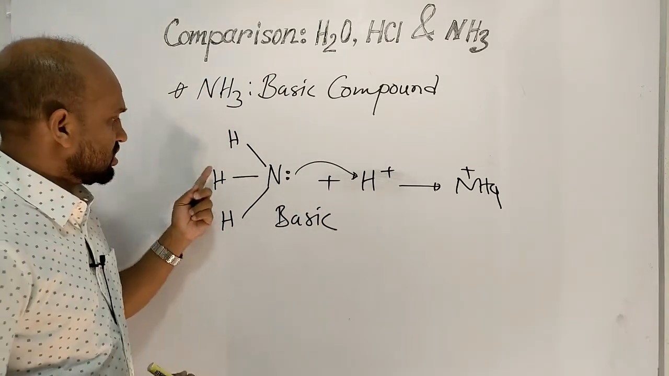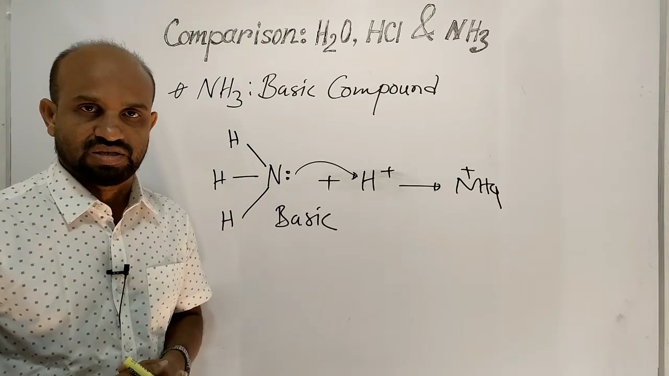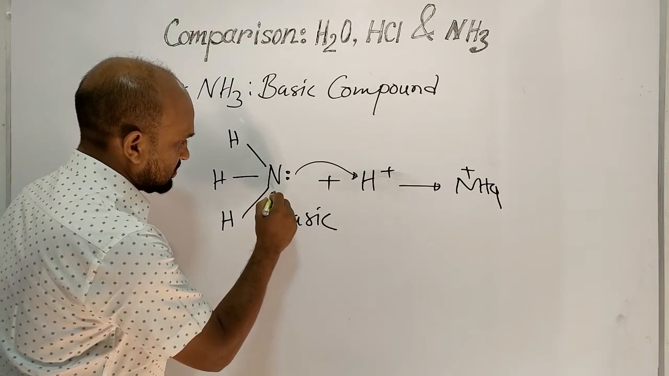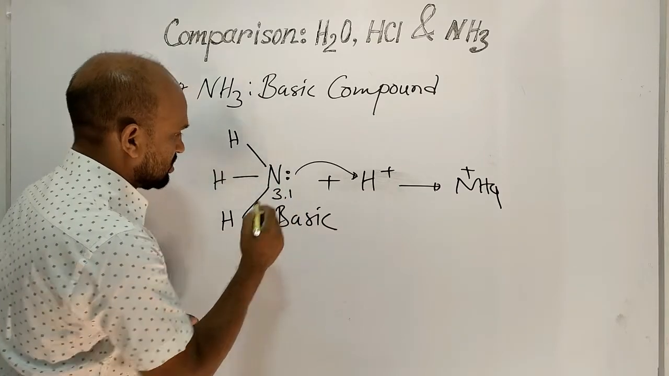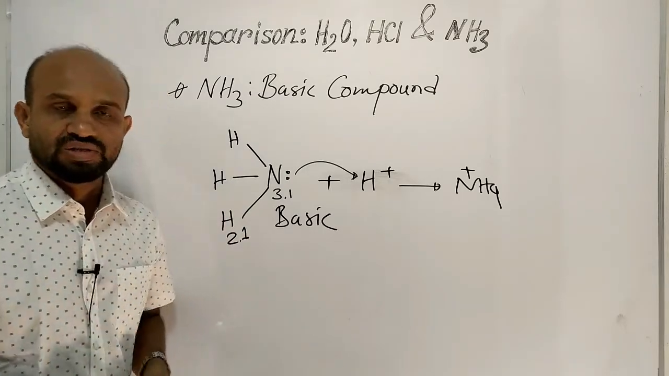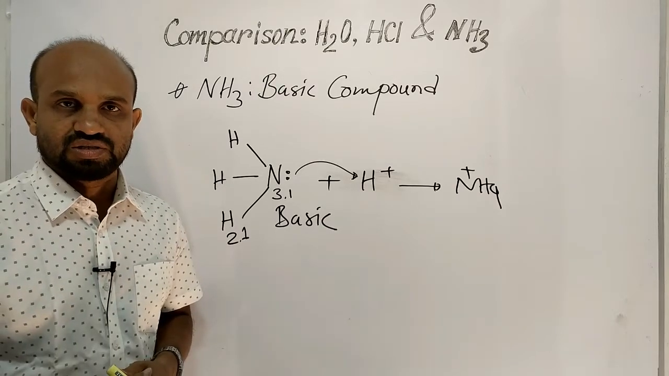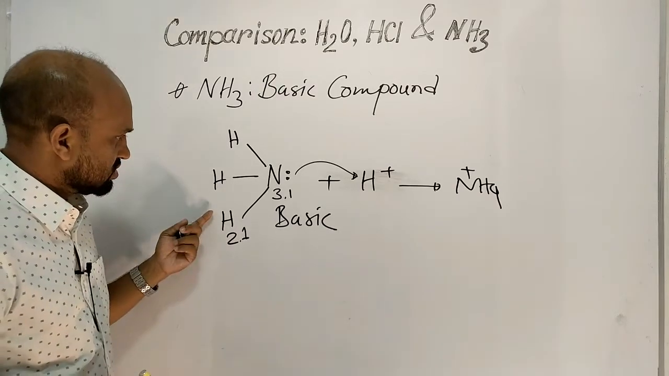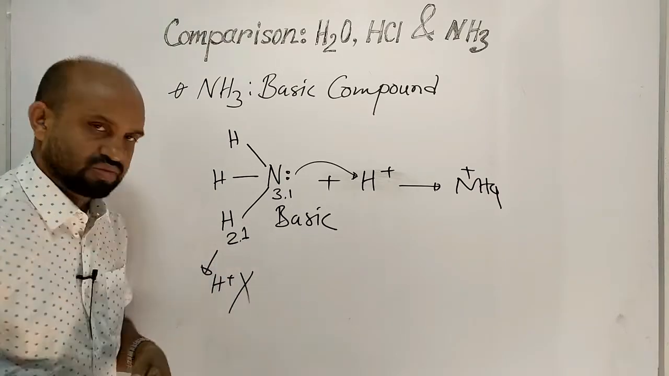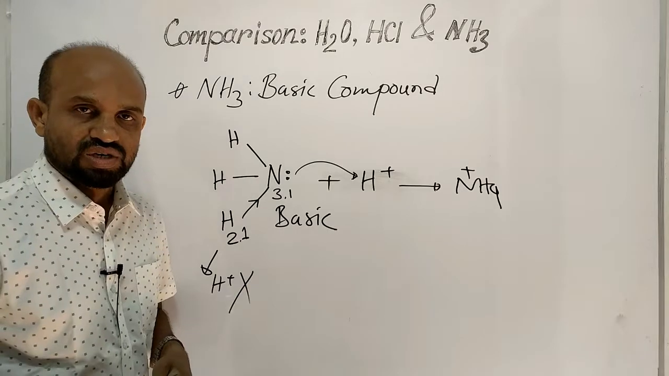But here there are 3 hydrogen atoms, so there is a chance to be acid. Here the electronegativity of nitrogen is 3.1, hydrogen is 2.1. So the electronegativity difference is quite satisfactory. Nevertheless, from the ammonia, no proton is formed because when these electrons shift towards nitrogen,